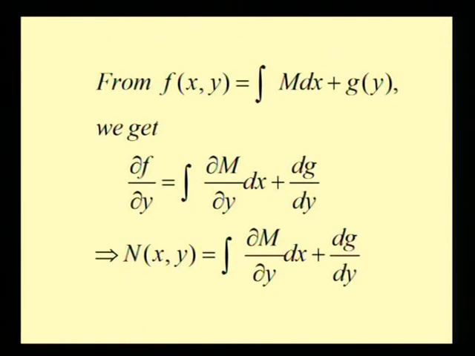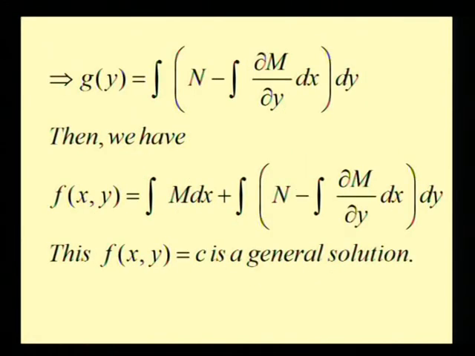...y into dx plus dg by dy. That will give you, but df by dy is equal to n. Substitute this and we will get n is equal to integral dm by dy dx plus dg by dy. Integrating these equations, we get g(y) is equal to integral of n minus integral of delta m by delta y